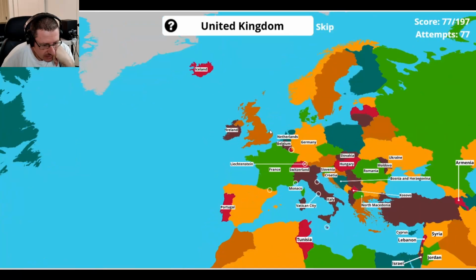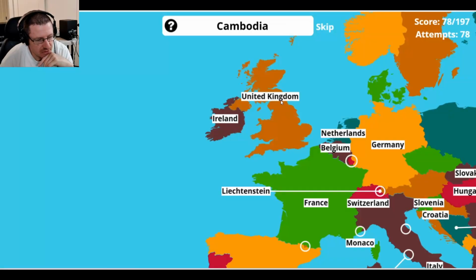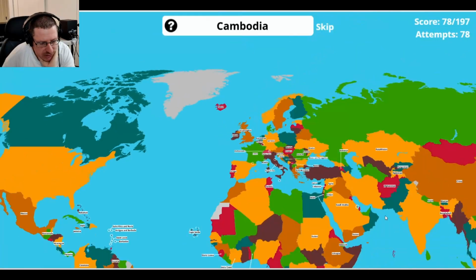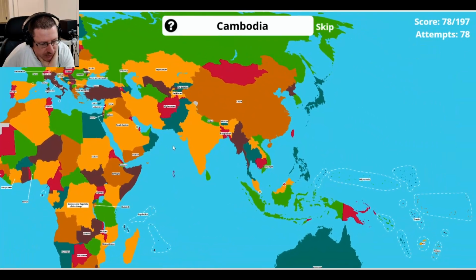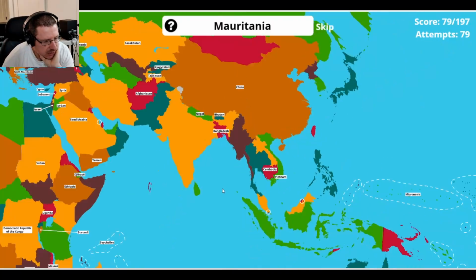United Kingdom is right here. So some places say, like, break the United Kingdom up into England, Wales, Scotland, stuff like that. United Kingdom is right here. It's this chunk of land. And the postage stamp was invented there in 1837, and it got started being distributed in 1840. Cambodia is tucked right down here. Cambodia. There's no McDonald's in Cambodia.